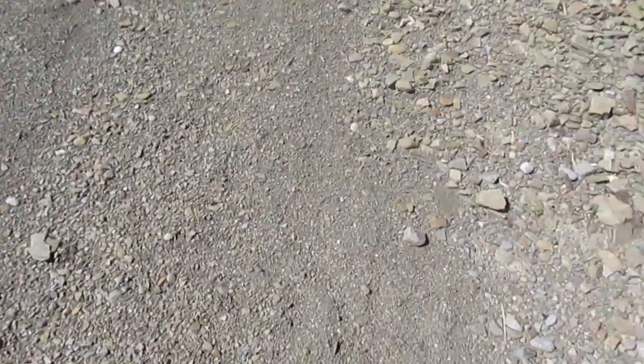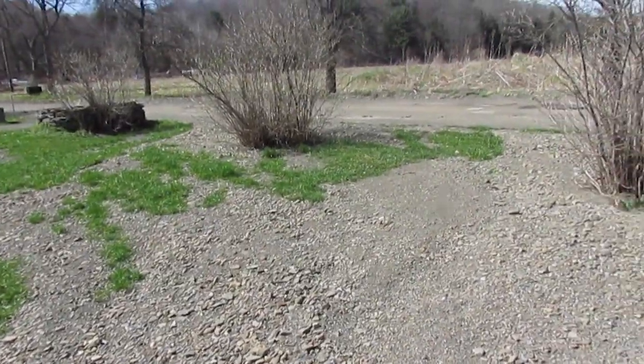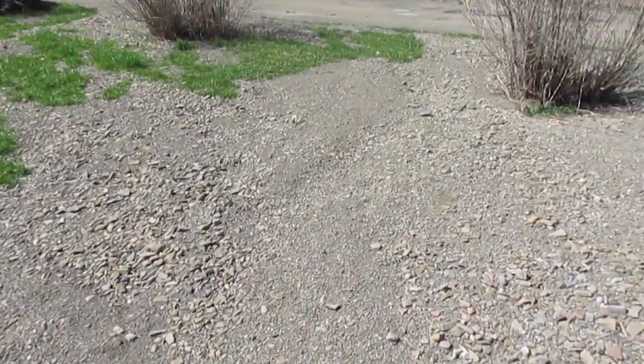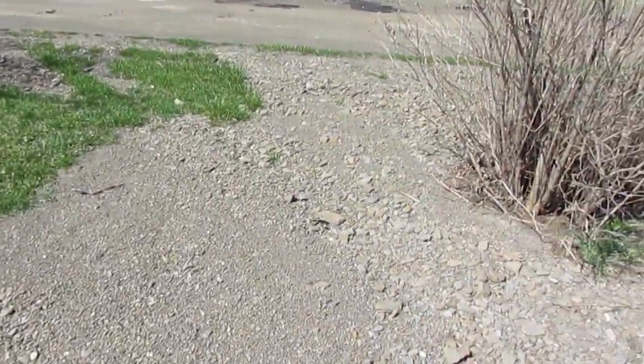So right here, I'd have to dig down, I don't know, a foot, 18 inches to get to the old lawn. And I'm not going to bother doing that. What I've decided to do is actually bring in some fill and build up at the edge of the road and cover all this gravel with some topsoil, and just try and build up the grade right at the edge of the road, because basically I never really paid attention, but